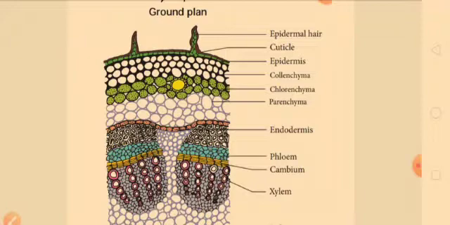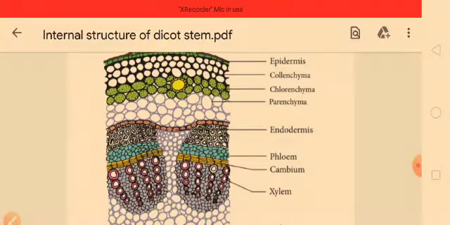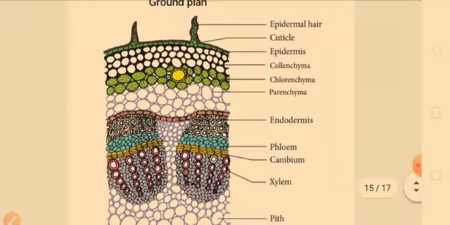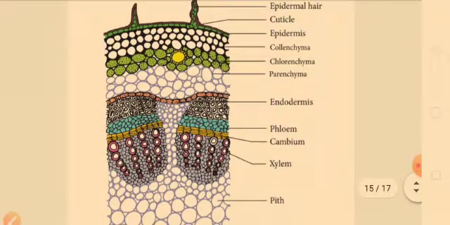Even stomata is present. The next, that green color layer, is the epidermis, and below that you have the collenchyma cells. These collenchyma cells are the hypodermis layer. Next to the collenchyma cells you can see green color cells. Those are called chlorenchyma cells. They contain chloroplast and are important in the function of photosynthesis. The next is the parenchyma cells. These all constitute the cortex layer. Next comes the endodermis. So cortex is between the epidermis and the endodermis.